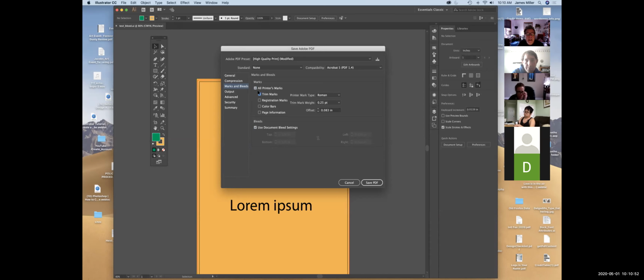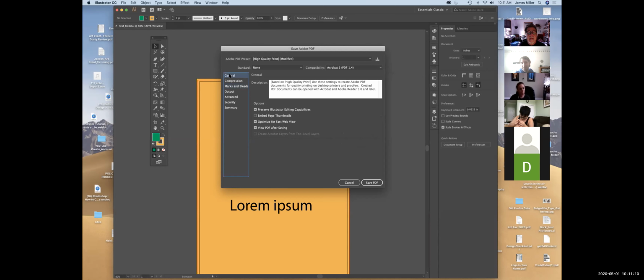So those will be the cut lines, and they'll go right through the color on the bleed, assuming that we set up the bleed to begin with and that we check the use document bleed settings in the Save Adobe PDF dialog box. Okay. So we go back to General, and oftentimes this one is checked for me automatically, but